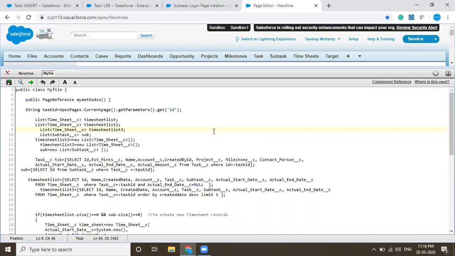In this code, we took the list in the whole thing. First of all, we are not creating any method in this. Everything is pretty simple. I'm showing you this code.